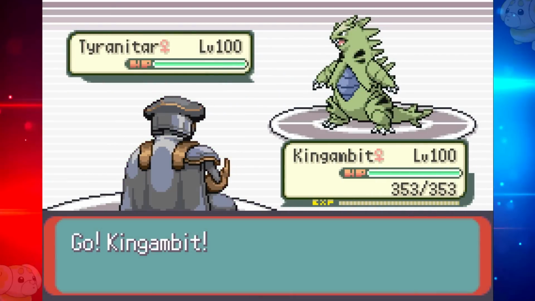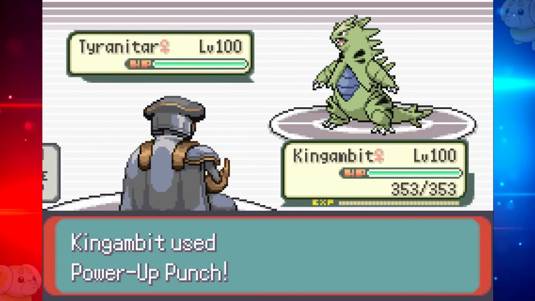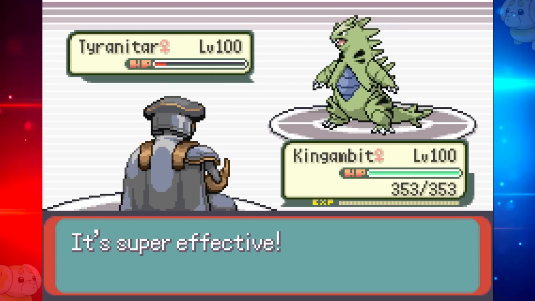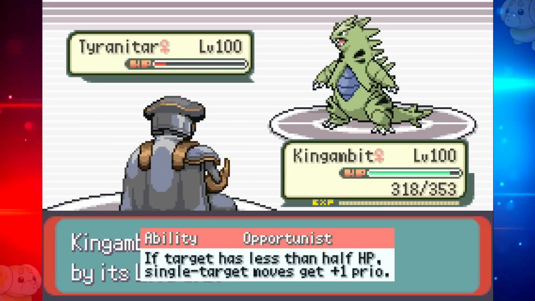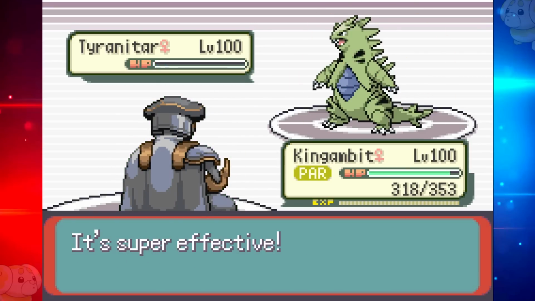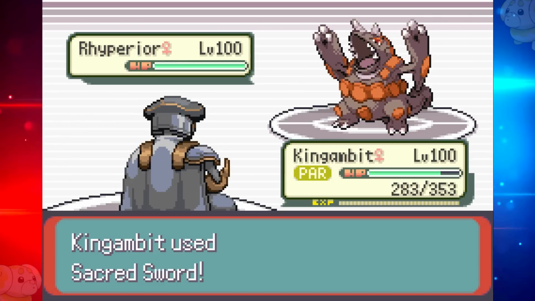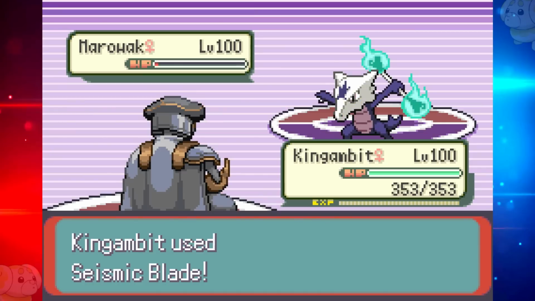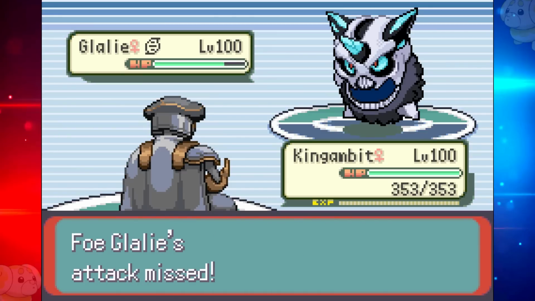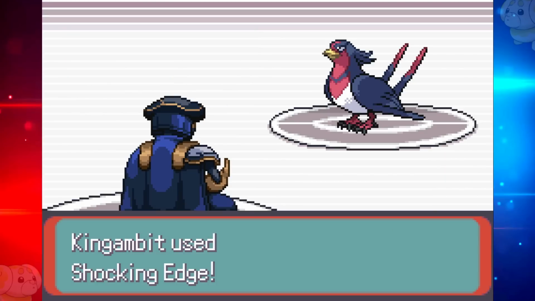Luckily, it has ways to mend some of its shortcomings, and since it's not a Mega Evolution, items are still on the table. An item like a Choice Band is all it takes to make it a top tier revenge killer. Thanks to its ability Opportunist, if the opponent is at 50% or less health, all of Kingambit's moves have priority. Most Pokemon will not be living in this scenario, especially because a lot of its moves are very